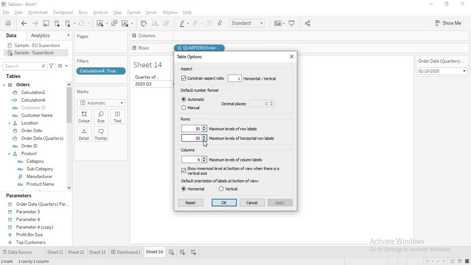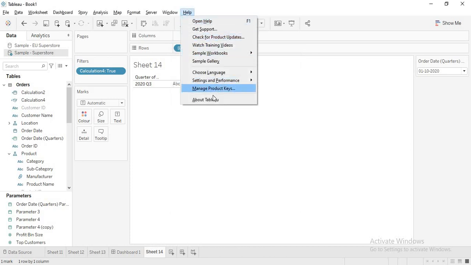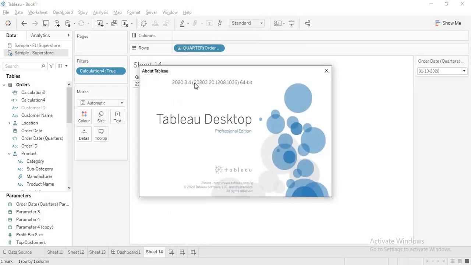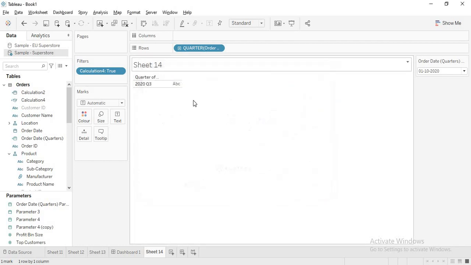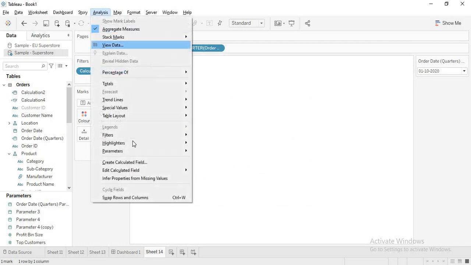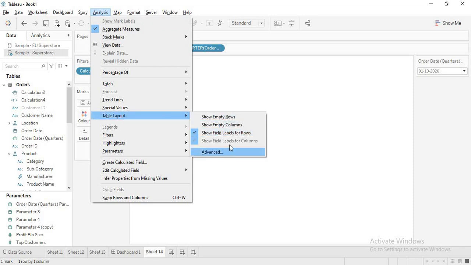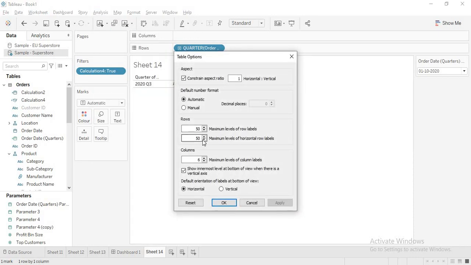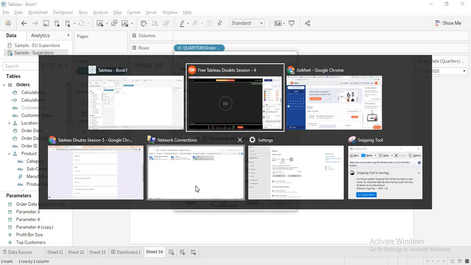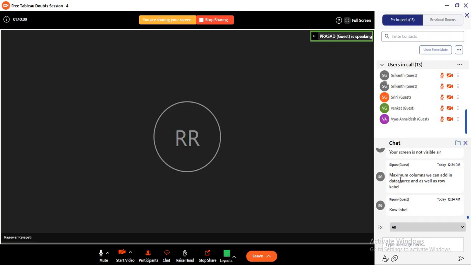This is 2020.3 if I'm not wrong, so in newer versions that might be more, but you can check in Analysis, Table Layout, Advanced. Here you can see the number of columns and rows allowed at row levels. Okay, so any other doubts, guys?